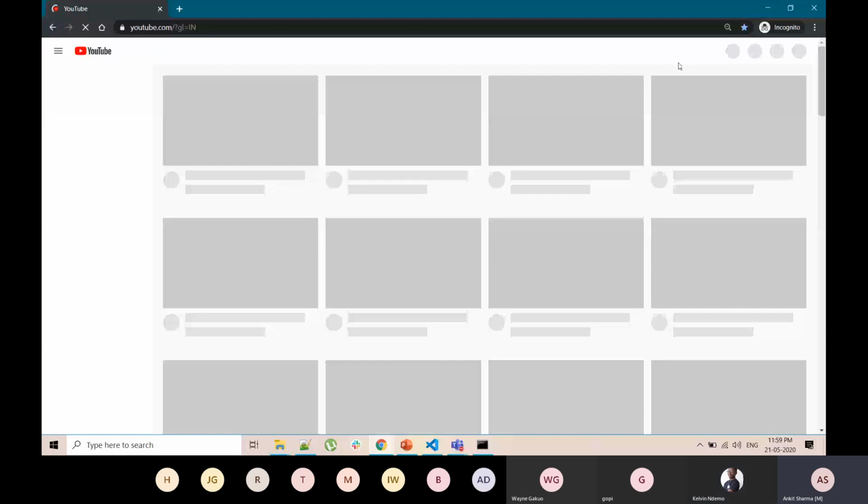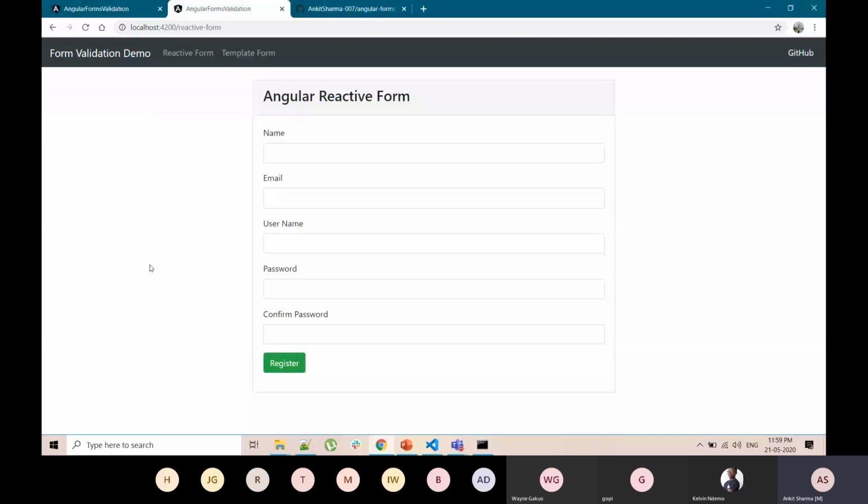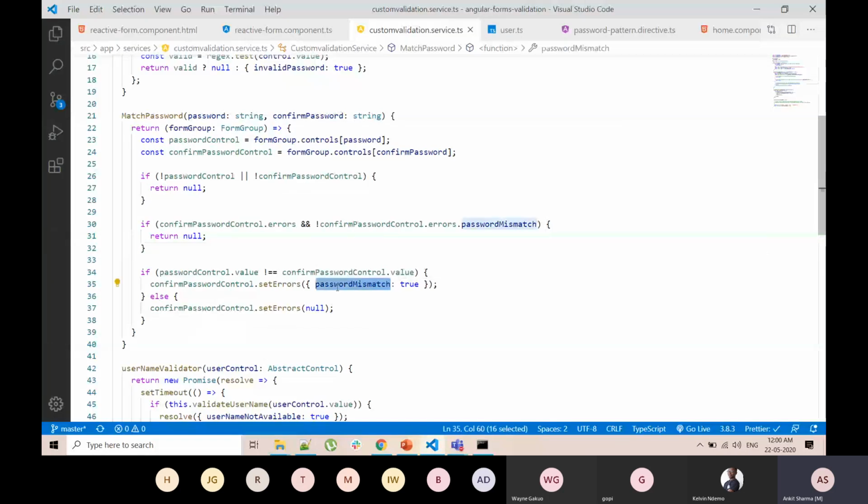Okay, so we are talking about the password mismatch field here. So once you are in this password confirm password field, and if this password mismatch property is set to true, then this error will be shown and the validation will fail. This is being checked in custom validation service, and here is the method match password.